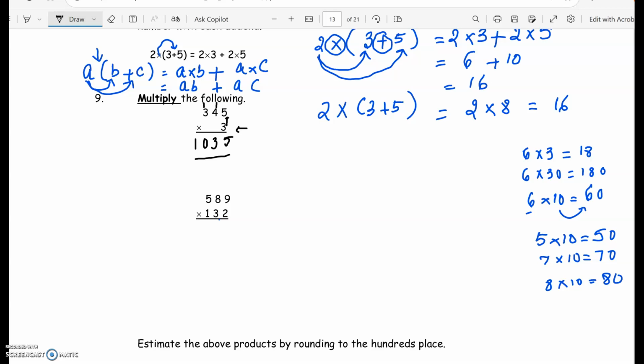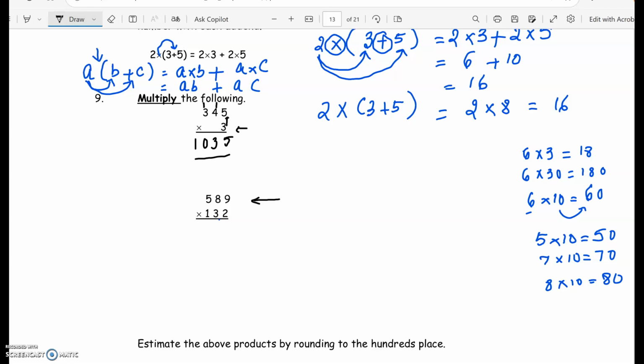Let's look at a slightly more complicated multiplication. So we're going to do long multiplication and we're not going to use a calculator. Make sure you have your multiplication tables memorized. That is very important to be successful in any math class. Have the multiplication tables 1 through 12 memorized. Now we're going to start with